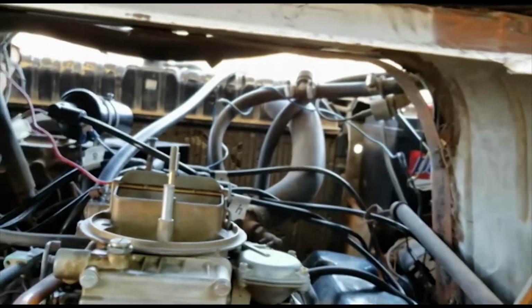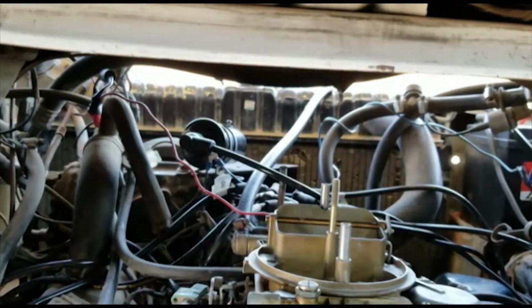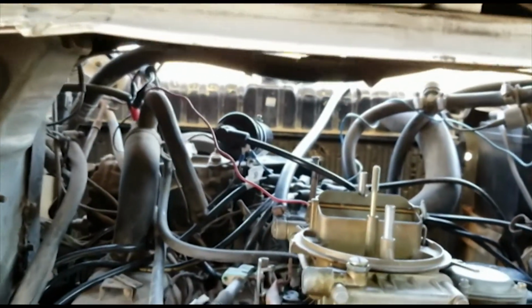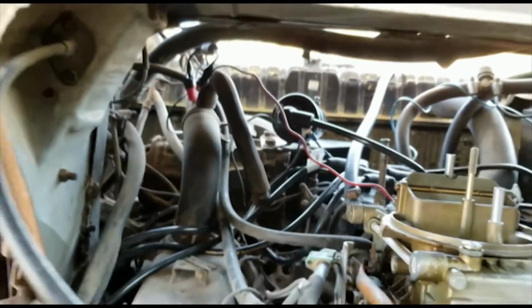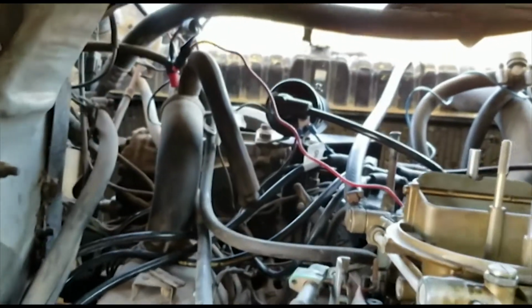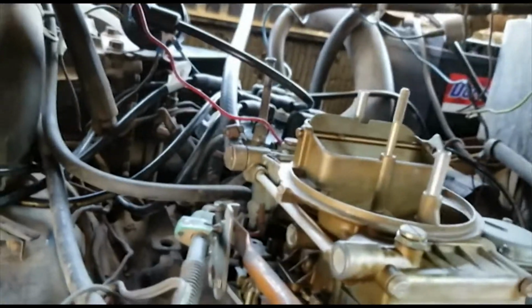Okay, so I've been dealing with this spark issue for a while now. Everything I have on here now is new. As far as I got new spark plug wires, spark plugs, distributor, and the coil's new, and everything. So one thing that was different was that whoever owned this before me had changed out some